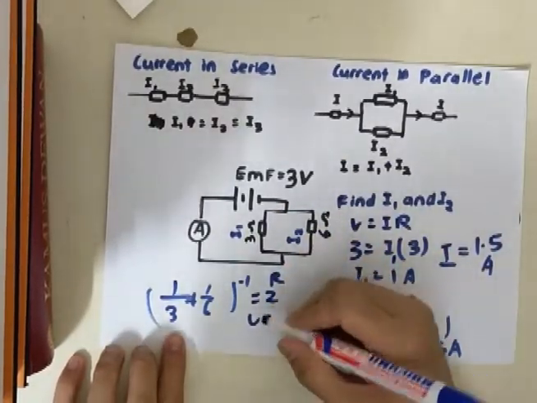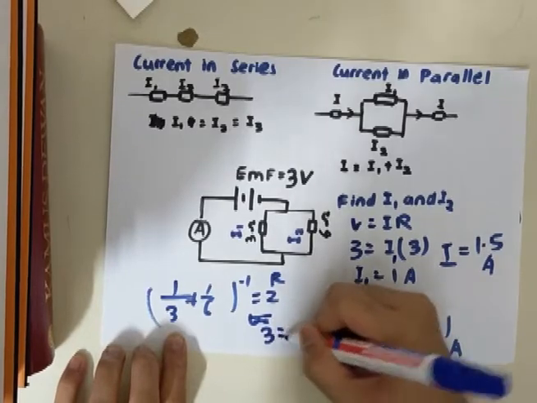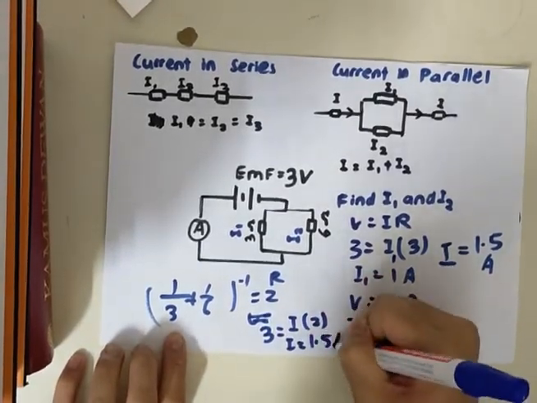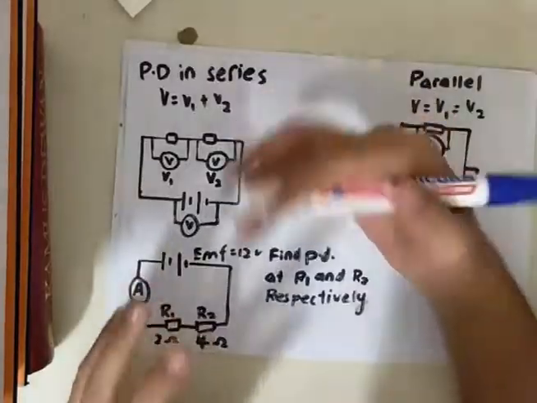V equals 3, right? So 3 equals I times 2. So I equals 1.5 ampere. So that's how you get it. So it will not be the same if